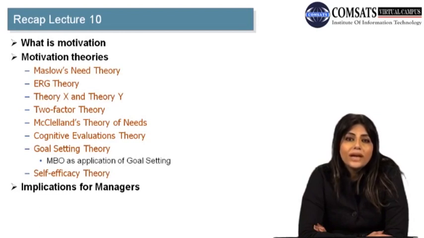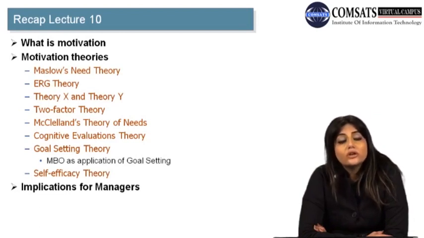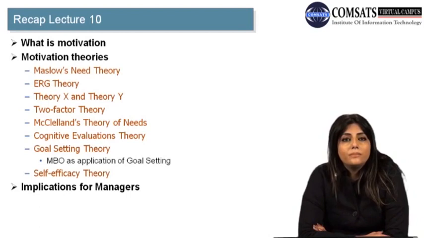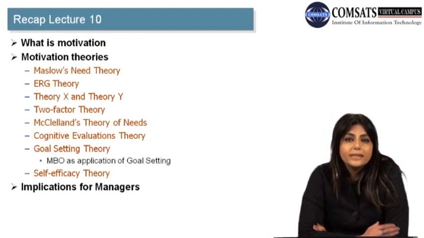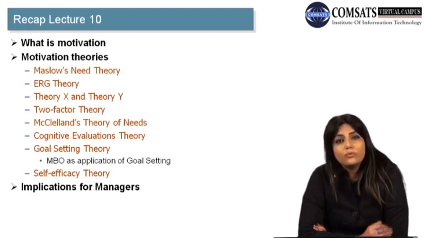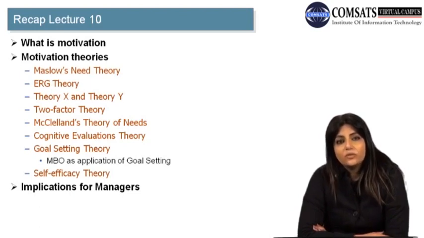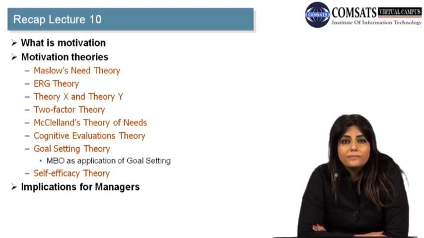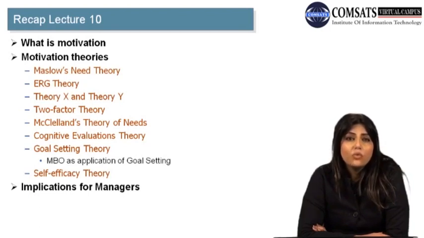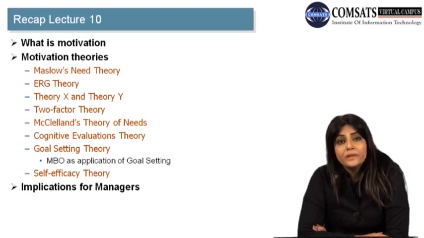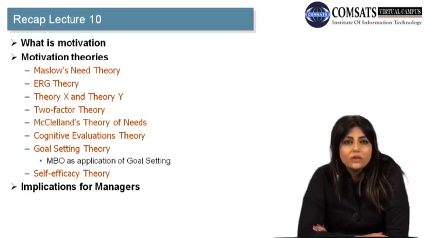Unless one level of the hierarchy of needs is satisfied, the individual does not move up the hierarchy, and he does not care about fulfillment of his upper needs, the needs highest on this pyramid, unless his basic needs are met. So Maslow's theory is a very old theory of motivation, presented in 1943, but it is also a very commonly used theory of motivation.